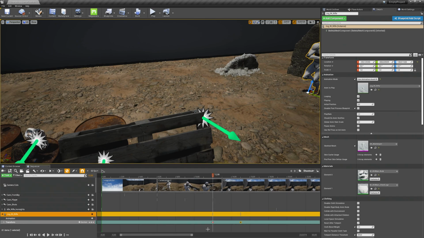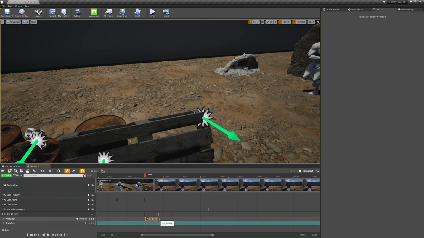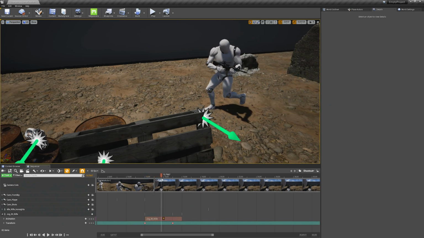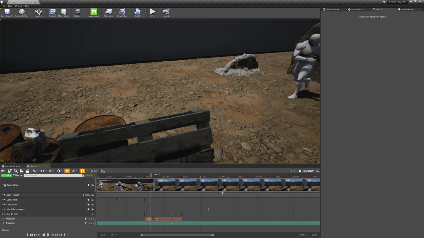Oh, okay, we didn't add any animation yet. So we just click on the plus animation button. Search for Jock RT rifle and add it here. I will also drag and drop the end of the animation to, I don't know, maybe around 16. We can adjust it later anyways, just to have the animation from the starting point to the cover point, which works already. Okay, let's check it.